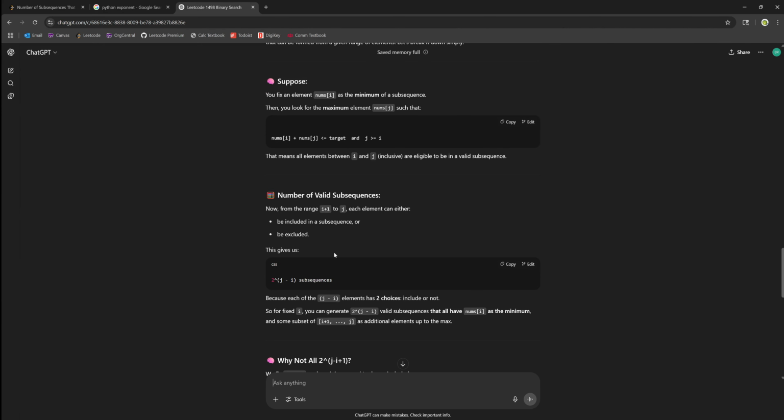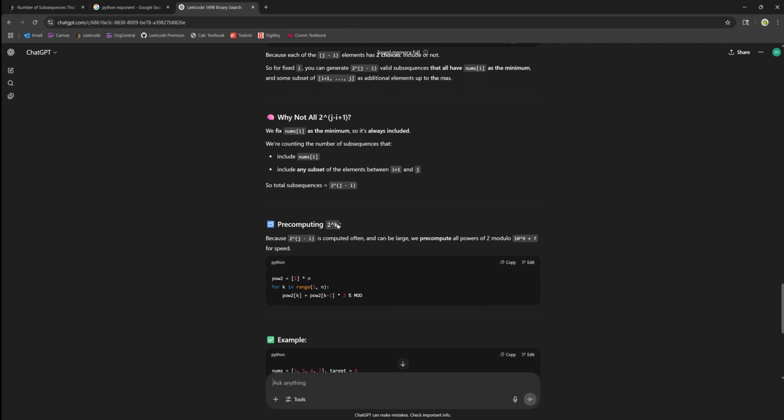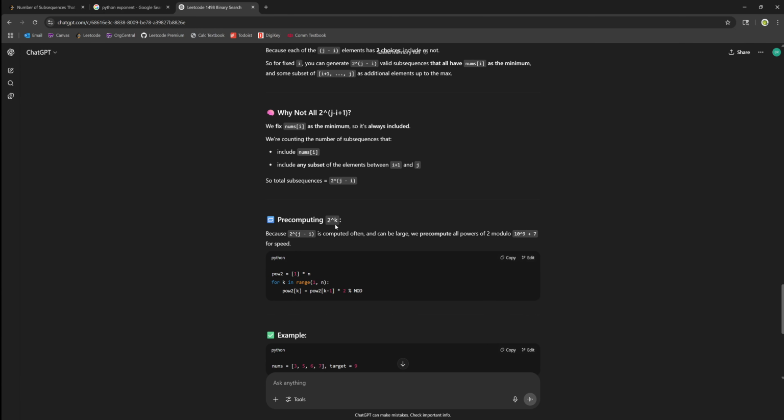Now from the range i plus 1 to j, each element can either be included in a sequence or excluded. Because each of the j minus i elements has two choices, included or not. So you can generate